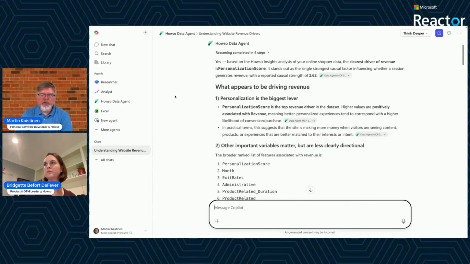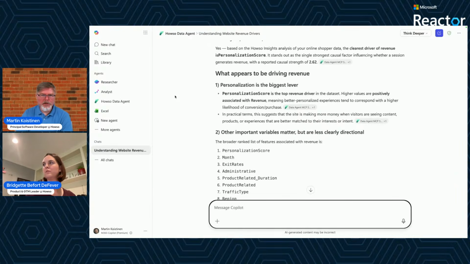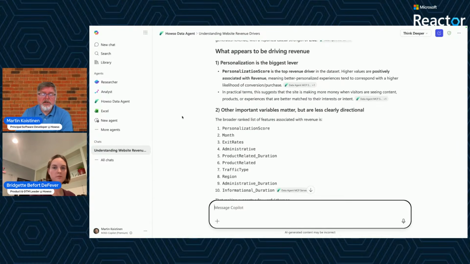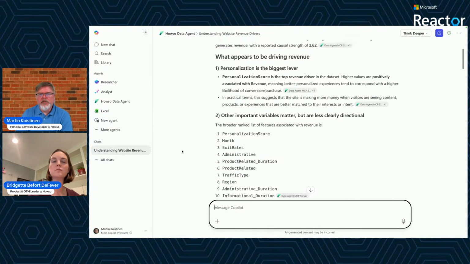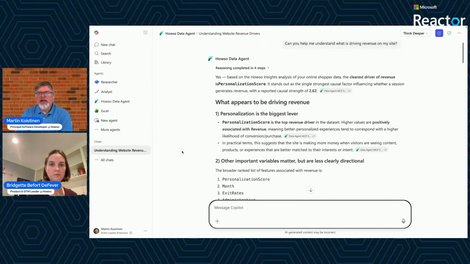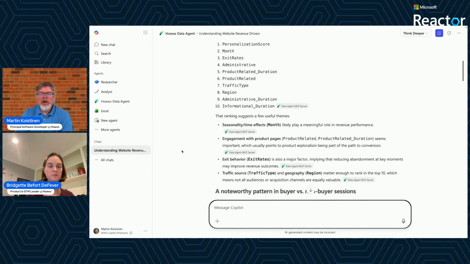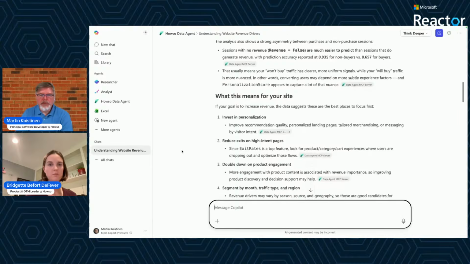It is very contextualized to not only your data, but also to your question, of course, and other things that might be in your own context. Like if it knew things that you were working on, it might try to contextualize them there as well.